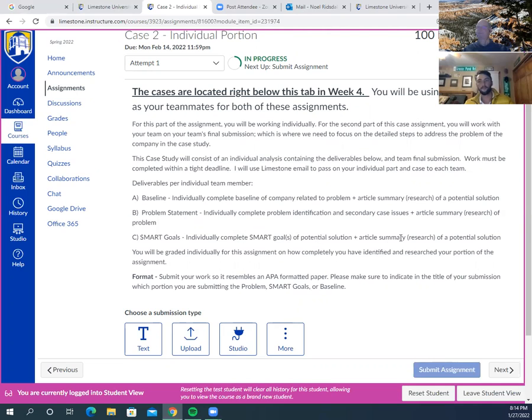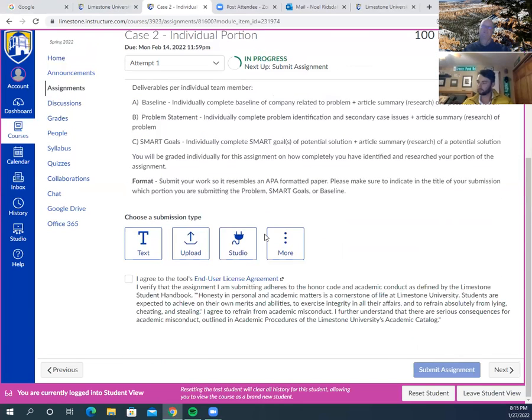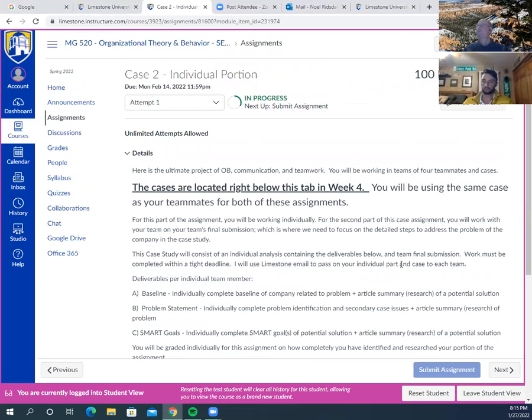And with those potential solutions, you're going to have at least 1 article. So what we're looking for here is basically 4 articles that are going to address what you think are the potential solutions to this. And that's what you're going to turn in individually for week 5. So it's basically in 2 weeks. Then the following week,